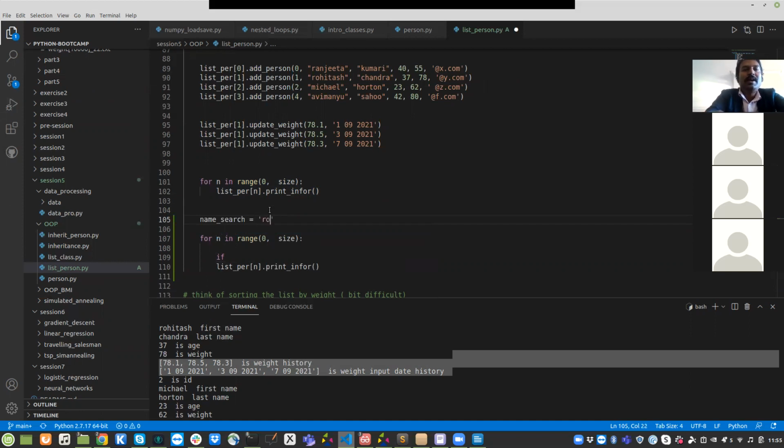So I just search for my name, right? And if in that list persons, then we can access the first name. If that list has f name is equal to name search, or, right,